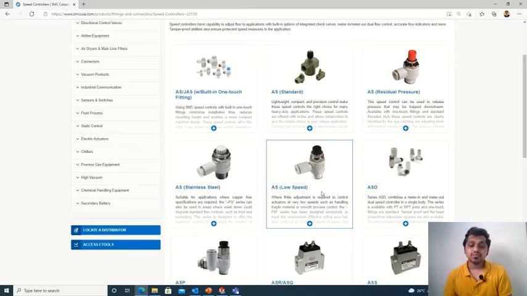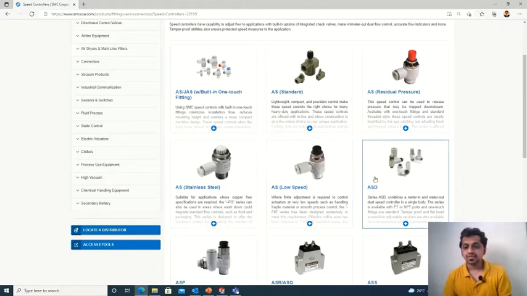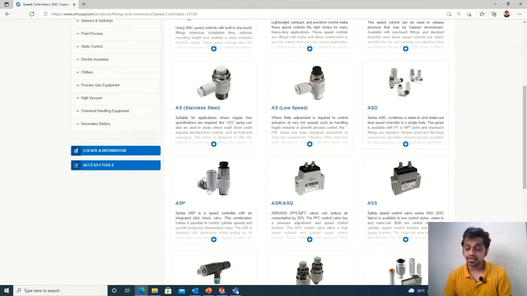So the most important part for selecting any type of connector or actuator is the system requirement. If you have a clear system requirement, then it is easier to select these parts, right? Then you have the standard ASD parts, which have an inbuilt meter-out circuit, that is also helpful. Then we have the ASP series, which has a pilot check, that is another function which is required for the